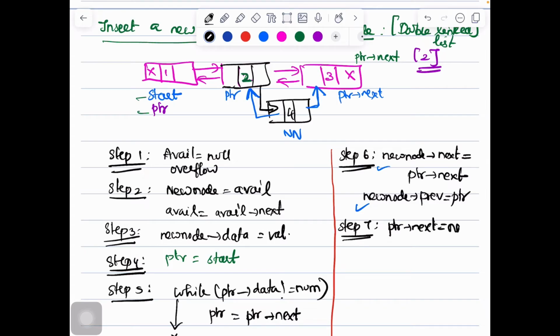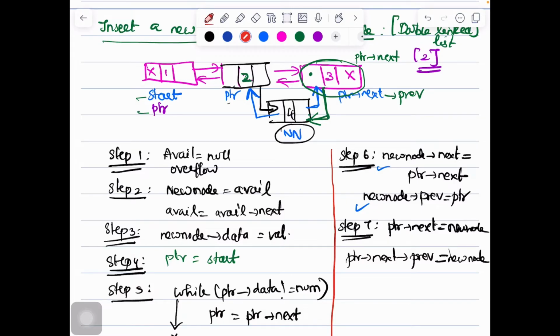Next, I make it point now to whom? The new node. Yes. And now how do I connect this? The PTR's next. Okay, this node is called PTR's next. And what is this part called? PTR's next previous, right? So we'll write down the PTR's next previous. I'll make it point to whom? What is this? This is the new node. Okay, so that is how the four connections are being established between the node PTR and the PTR's previous.